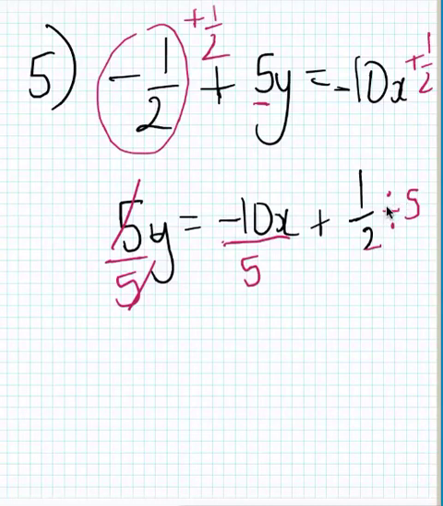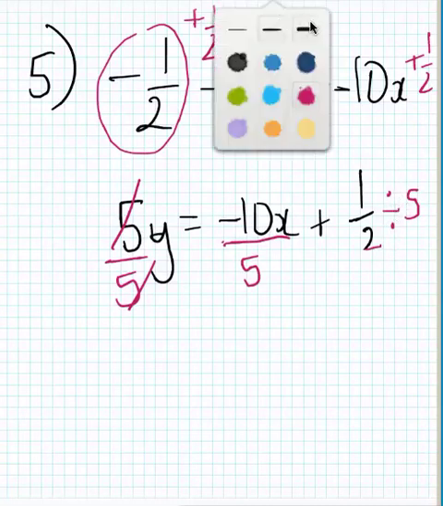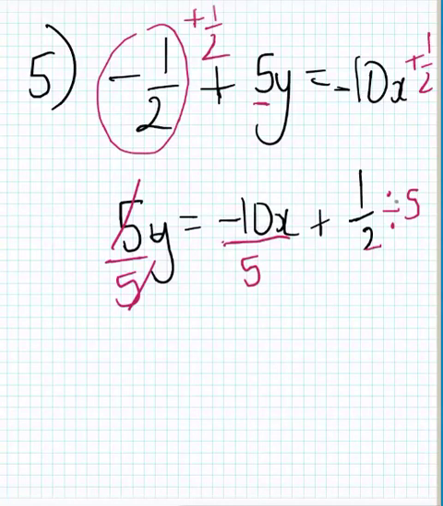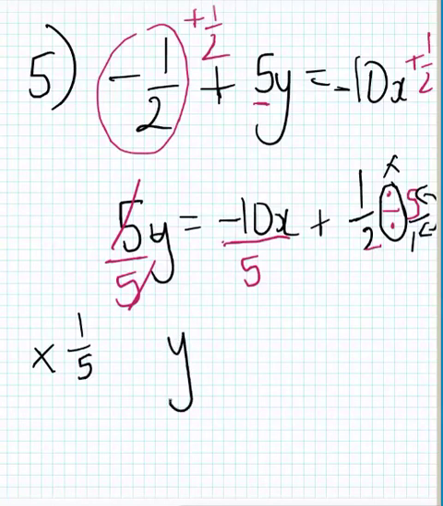When we're dividing with a fraction, you've got to turn division to times. So all you got to remember is if you're dividing by a number, it's the same as flipping this number. So 5 over 1, we flip it and turn this to times. So dividing by 5 is the same as multiplying by 1/5. That's a trick you can remember. So we end up with y equals,